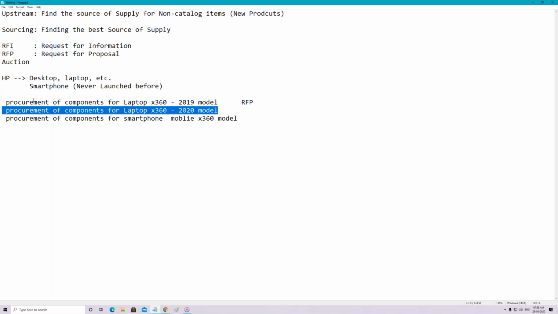That means it will never be RFI. Now I do understand why all of you have taken this point of view of an RFI, because I also made the same mistake. All of you are looking at this particular X360 2020 model from a customer or consumer point of view. Remember, whenever you go into an Ariba project, you are implementing Ariba for your client, and the client is always the buying organization. Please don't look at it from a customer point of view or supplier point of view. Your main job is to think from the point of view of your customer, that means the buying organization.